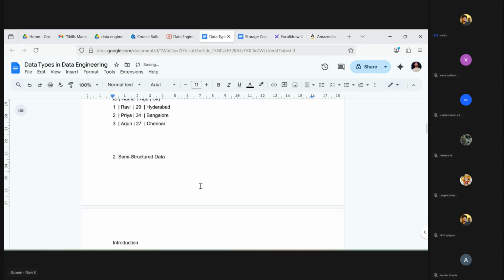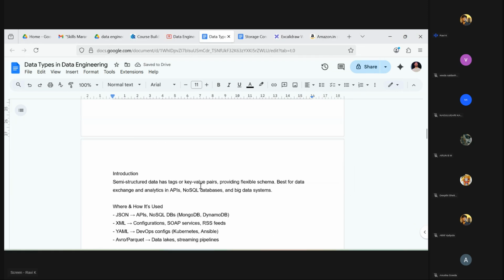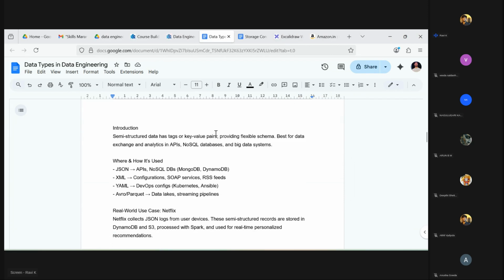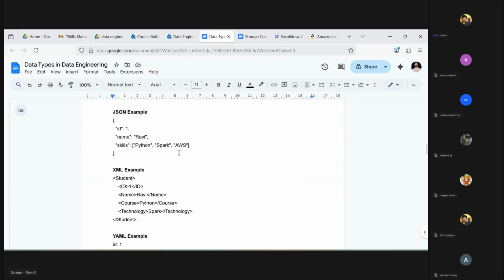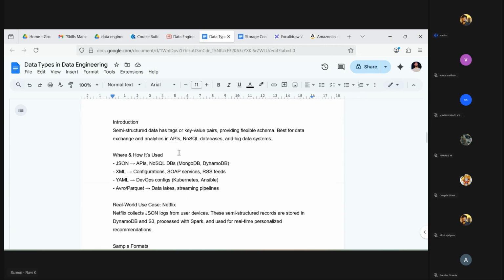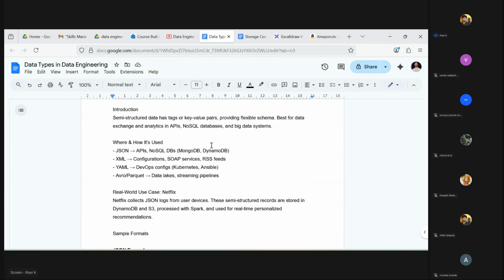Okay, now let's come to semi-structured data. What is semi-structured data? Let's say you wanted to work with an API. You just connect to this API and hit that API, and then the API will give you some results. Those results will definitely not be in structured format. Why? Because you need to transfer your data through the network. For those cases, for data transfers, you cannot have structured data.